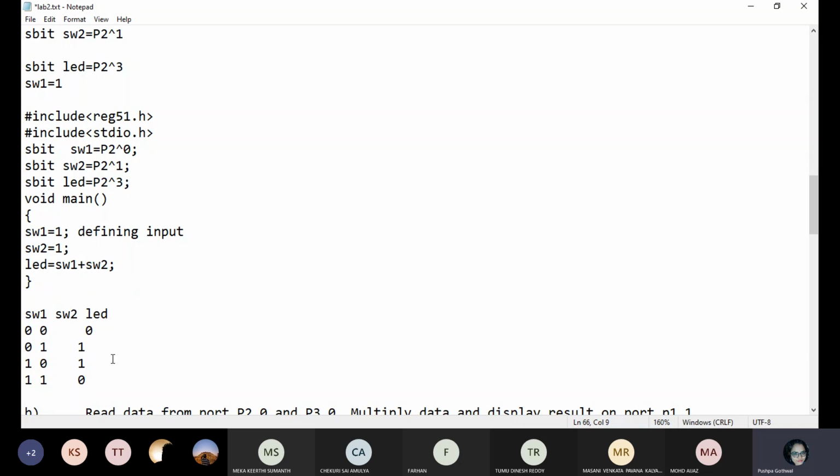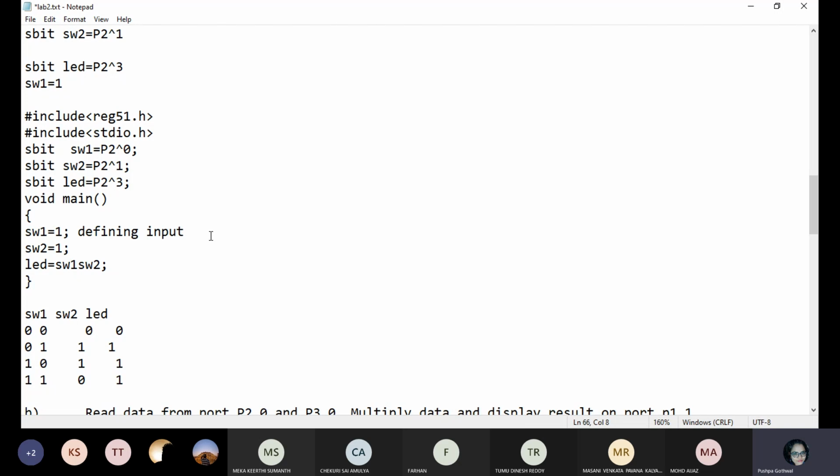If I am repeating the same operation with OR, rather than doing addition, I just put an OR operation. So only a little bit changes. The same result will be there for 0 and 0, 0 and 1, and 1 and 0. And what will be the result for the OR operation, 1 plus 1? It is 1 in the OR operation. And the OR operator is this vertical line. So this is your OR operator.